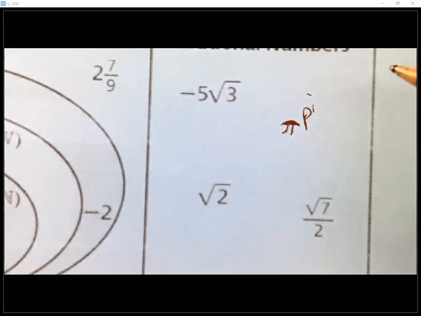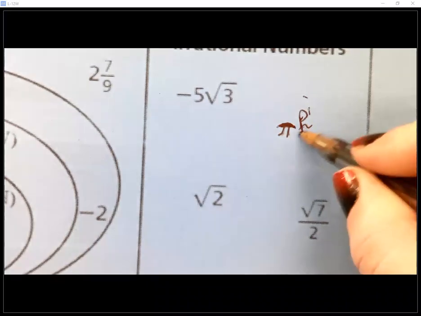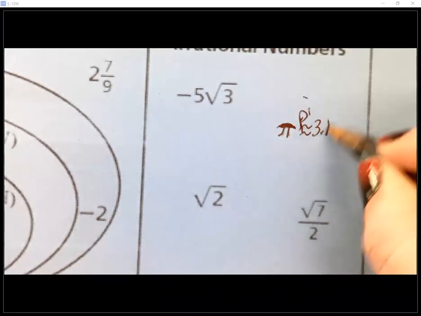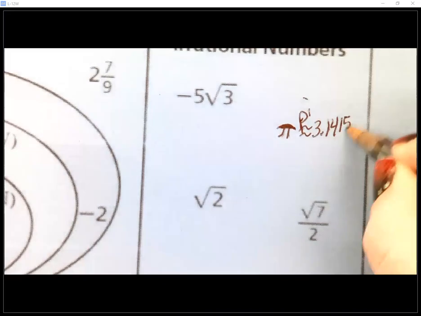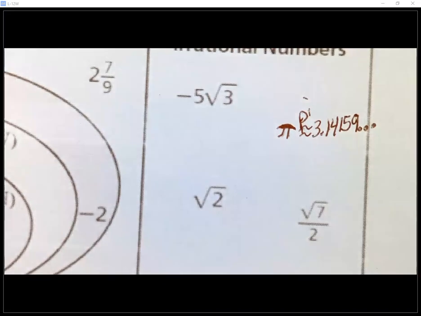What is the number for pi? Anybody know? Maddie? Yes. So it's approximately 3.14159, and then I'm going to put dots after it because it just keeps going. If you look at it on a calculator,